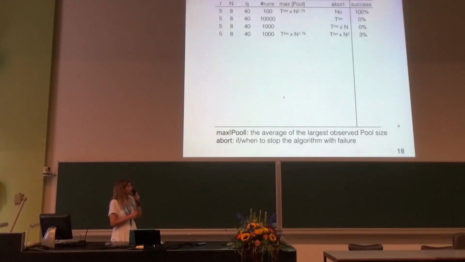So I'm not showing any result over here. It is because I'm looking at the maximum pool, max pool, when we have some successful runs. So for those, I don't have any successful runs, which means that the maximum size of the pool is always bigger than t_eta times n. So when we look at the t_eta times n squared, we have small success probability, and in that case, the average of the largest observed pool is t_eta times n to the 1.76, which is close to n squared. T_eta times n squared is okay. So